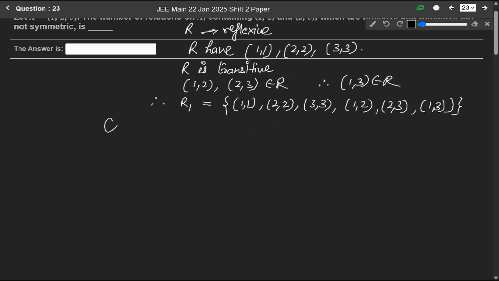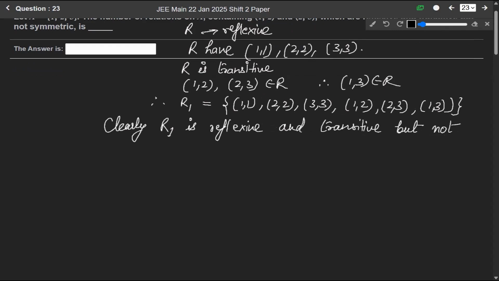So clearly this R1 is reflexive and transitive, but not symmetric. And similarly,